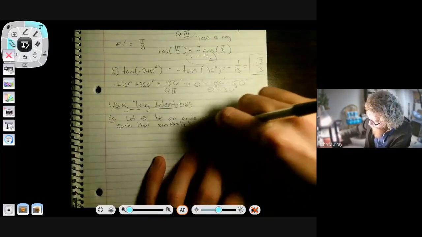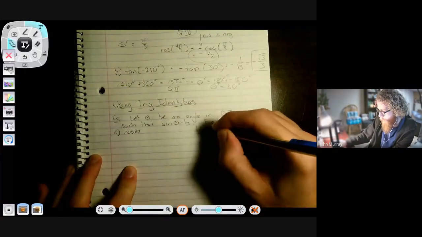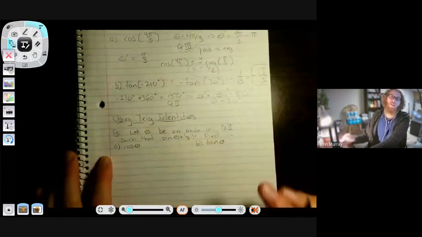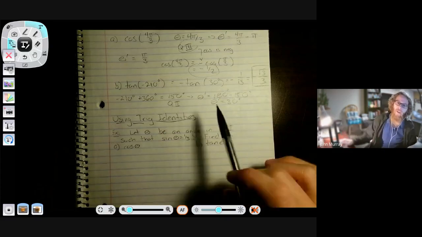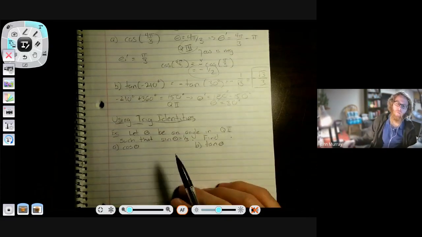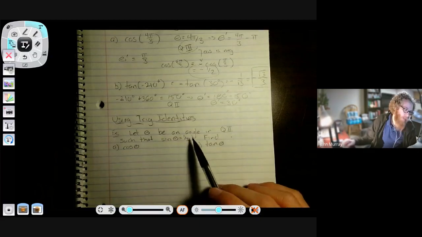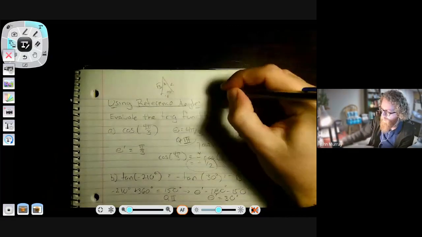Let's do a two-parter here. Here they tell us that we have an angle, theta, but they don't tell us what that angle is. They tell us some information about it: it's in quadrant 2, and the sine of our angle is 1/3. So we're going to use that to find the cosine and the tangent. You know what? Before we continue,